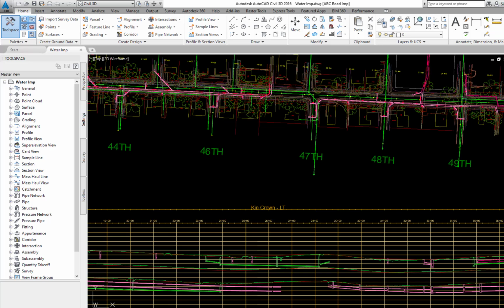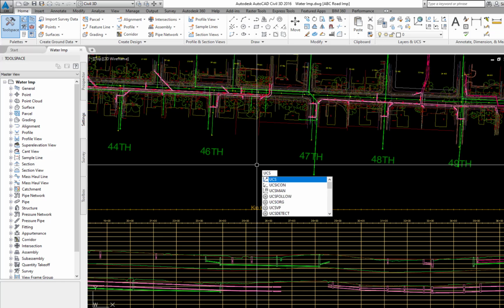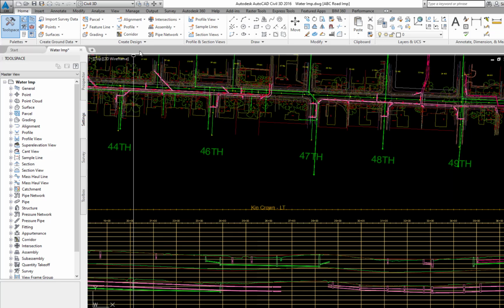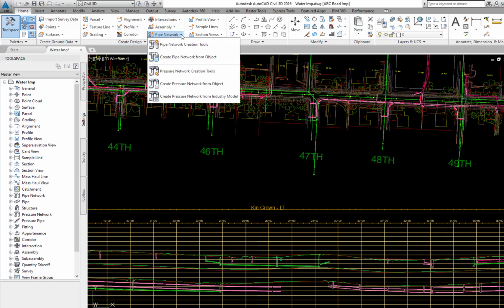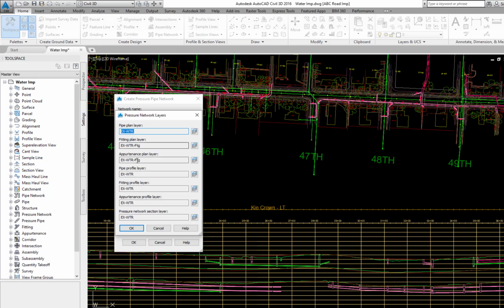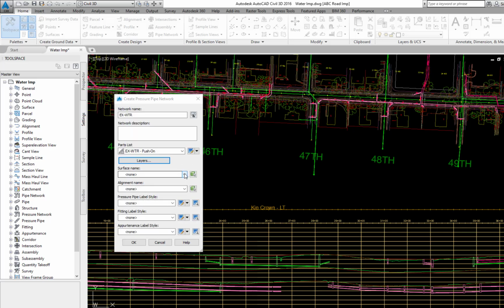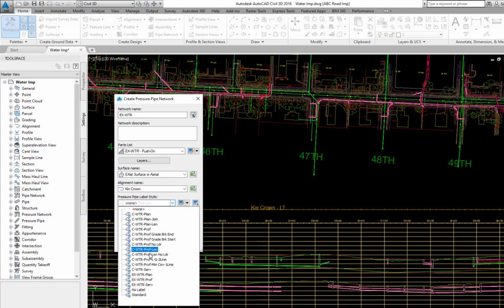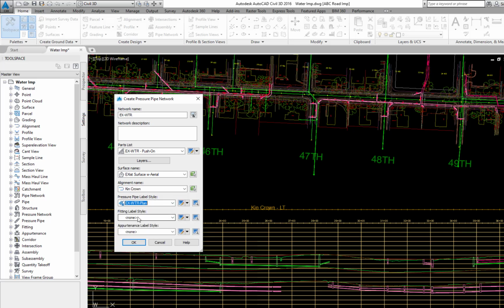Create the existing water network. Make sure the drawing is in world coordinates. Use CS, enter, W, enter. Home ribbon, Create Design panel, Pipe Network, Pressure Network Creation Tools. Network name: EX-WATER. Network description: leave blank. Parts list: Existing Water Push On. Layers: EX WATER, okay. Surface name: Existing Surface with Aerial. Alignment name: Primary Road, Kincaid. Pressure pipe label style: Existing Water Plan. Fitting label style: none. Appurtenance label